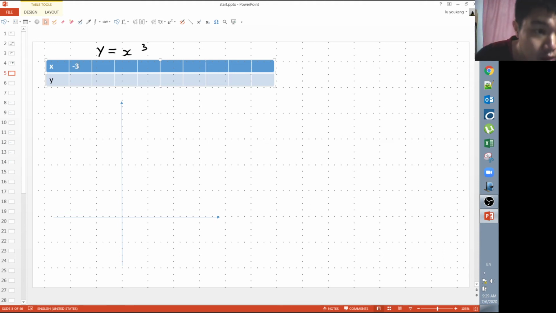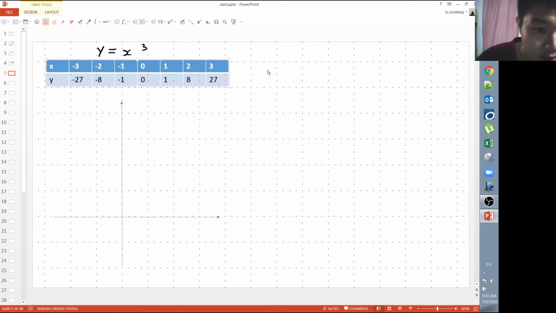-3. So if I have -3 for my x, if you input it into this, you are supposed to get -27. Alright, so if you input x is equal to -2, you will get -8. So subsequently, I will just key in all the values for you. So you can also go back and check it out on your own. So I will just give you the value here. Okay, so I have these